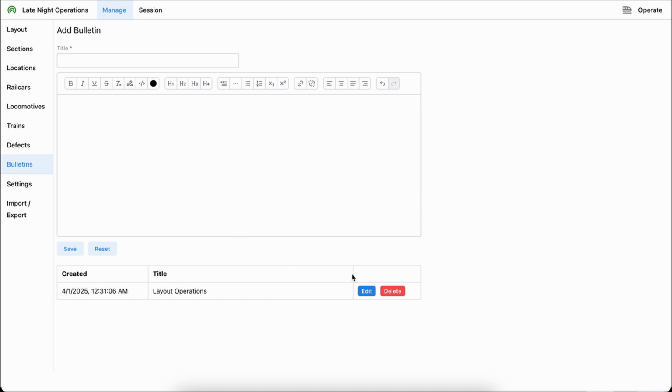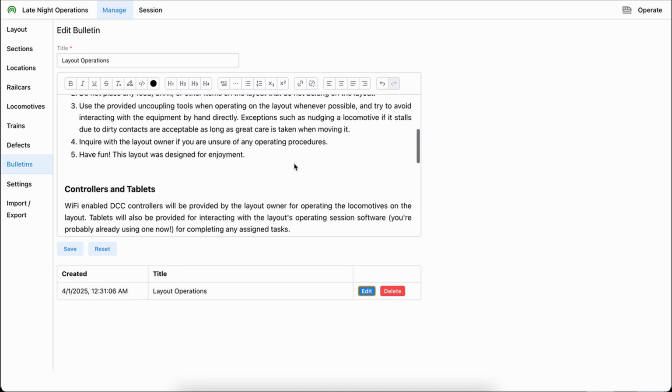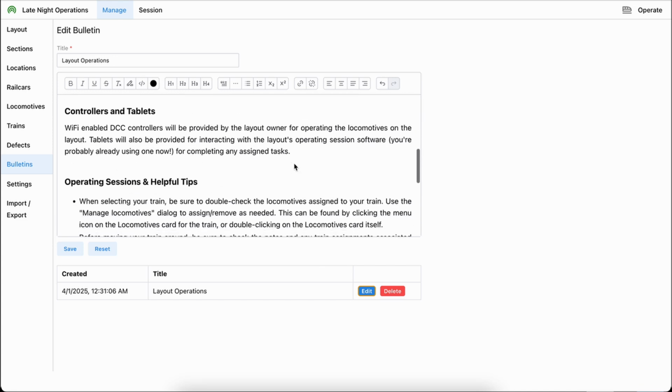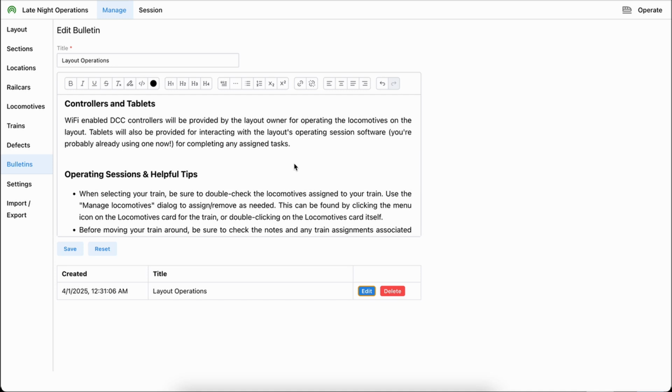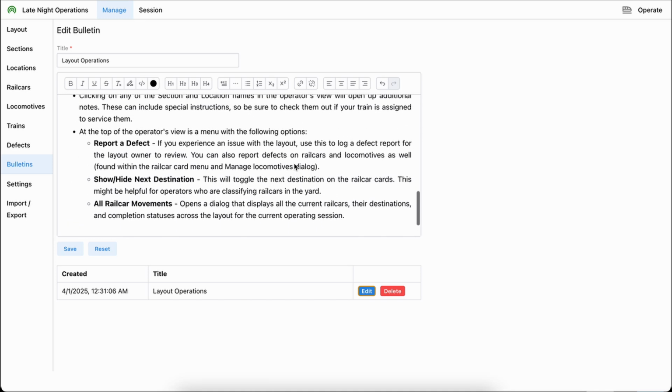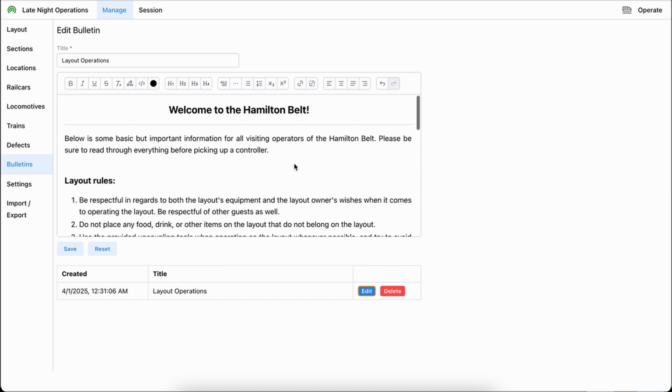Bulletins are a way to give quick information to the operators. You can have as many bulletins as you want. One could be dedicated just to rules. One could be dedicated to how you get your controllers. I just put a whole bunch of stuff into one bulletin for now, but I plan on having extra ones as well. They will be saved by time, and they will be sorted by time in the UI, so you can go ahead and kind of look at a historical